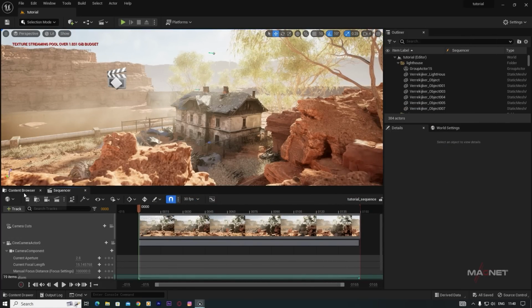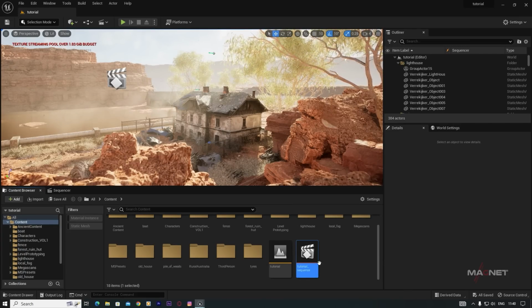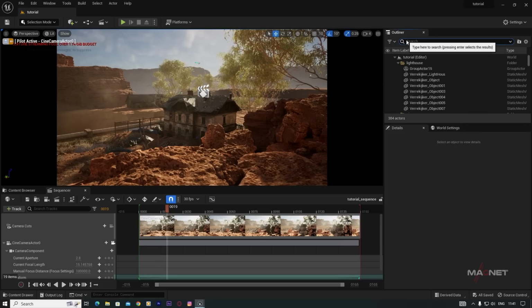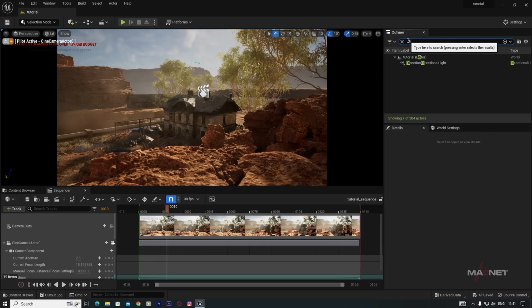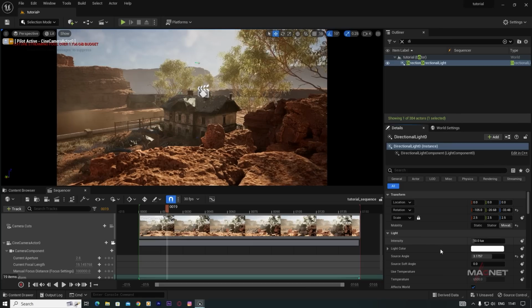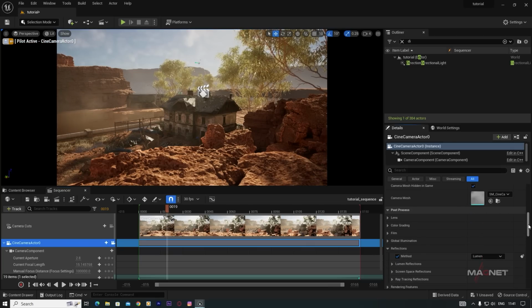And then we go to our content browser here and we open this tutorial sequence. And then maybe we also increase the light intensity. So I just go to this search bar and type directional, and maybe we change the default value, that is the 10. And also we select this camera and then we go down